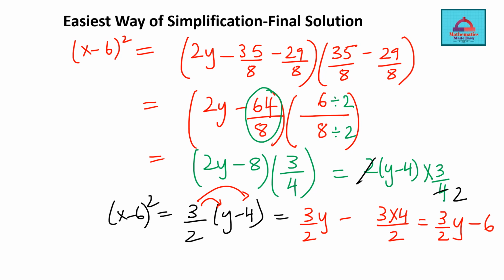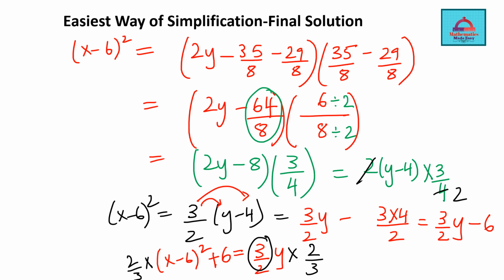Okay, now let's keep y on this side and remove everything else. So this becomes 3 by 2y. This 6 I'm going to move to the other side, so it becomes x minus 6 plus 6. Now we need the value of y. That means we'll multiply both sides with the reciprocal of this, so 2 by 3 and 2 by 3. And now comes the final solution. So y, now on the right you just have y is going to be equal to 2 by 3 times x minus 6